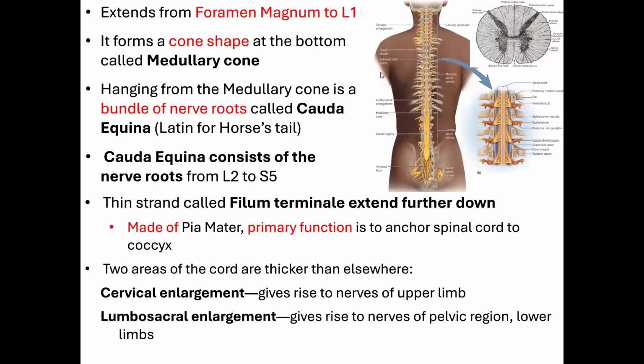And in the spinal cord, if you look at it carefully, maybe you don't see it properly here, but there's a little enlargement, a slight widening. This is called the cervical enlargement, which is in the cervical area, that is the neck area. And there's one in the lumbar area, that's the lumbosacral enlargement. Usually enlargement happens when there are a lot of spinal nerves coming out. So those are the two main areas where spinal nerves come out from every single segment. But over here, there's a concentration of nerves coming out.